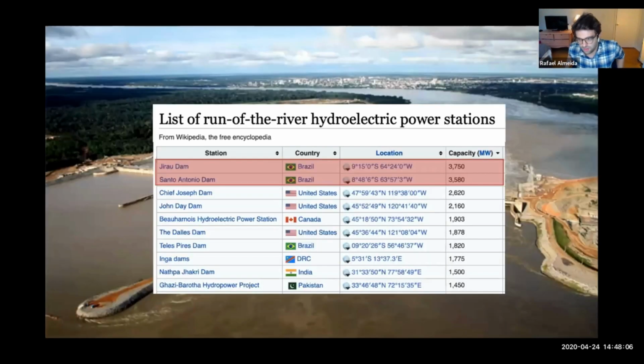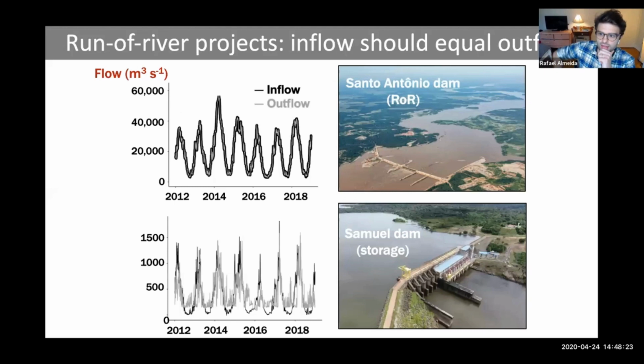E o que eu quero mostrar são especificamente alguns efeitos hidrológicos no Rio Madeira, a jusante de Jirau e Santo Antônio, que são duas das maiores usinas a fio d'água do mundo e foram recentemente construídas. Quando eu digo que elas operam a fio d'água, o que eu quero dizer é que a quantidade de água que entra é aproximadamente igual à quantidade de água